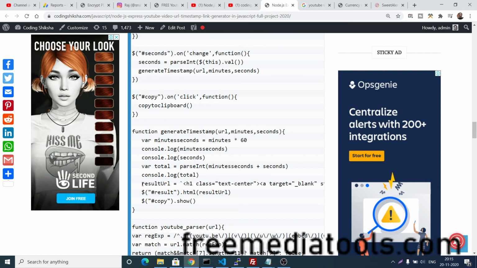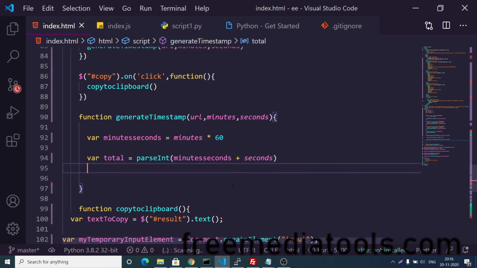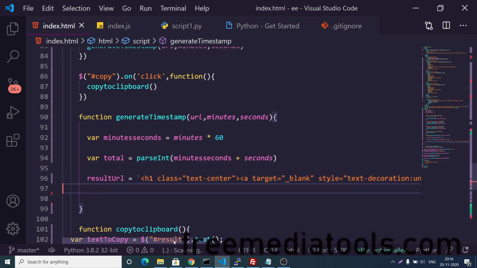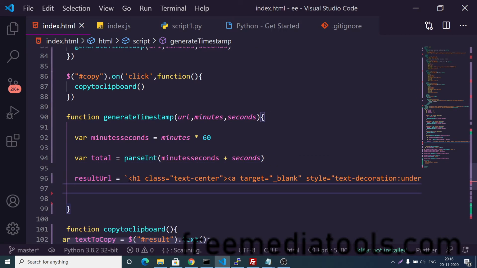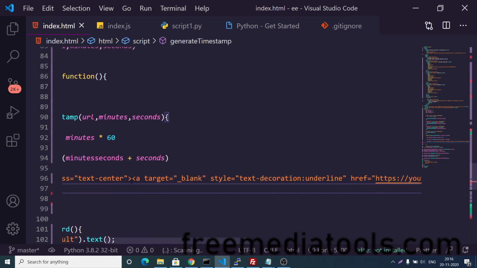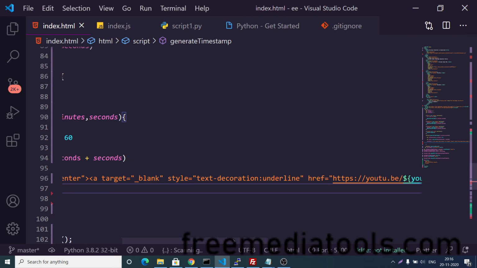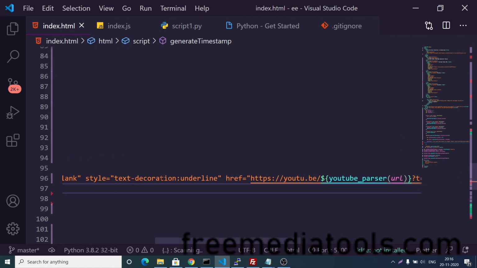And now to generate this resultant URL, let me just copy it first of all, paste it. So basically this is the code here. Inside an h1 heading we will have our resultant URL. This will contain an anchor element. Target is equal to slash blank, so this will open it inside a new tab if you open this link, and style decoration underline, so this link will be underlined.